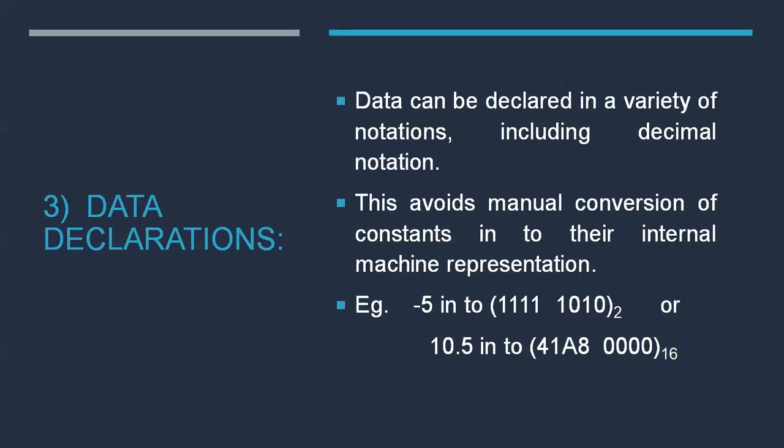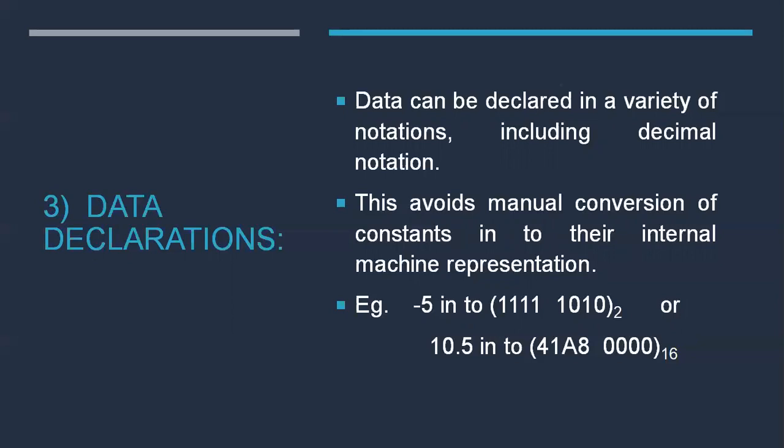Now 10 plus 5, you are giving directly values in decimal and the machine is converting into the binary format, then doing the calculation of addition of 10 plus 5, and whatever is added is given in binary code, and that binary is not understandable by the programmer. Hence the machine converts that binary number into a decimal number, converting 15 binary into 15 decimal and displaying on the output screen that the addition of two numbers is 15. So data declarations is a much more important part. What is written here, just check it out.